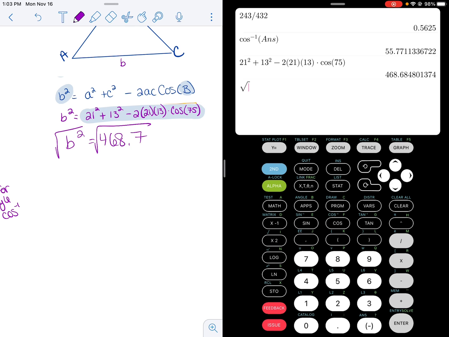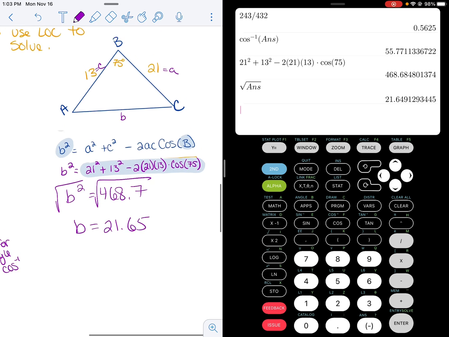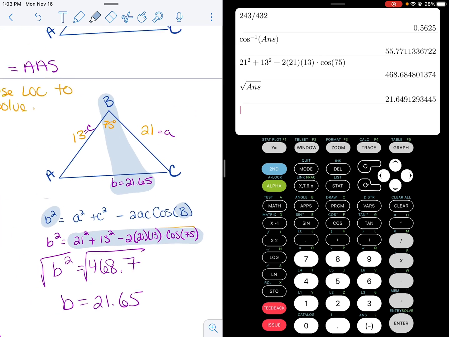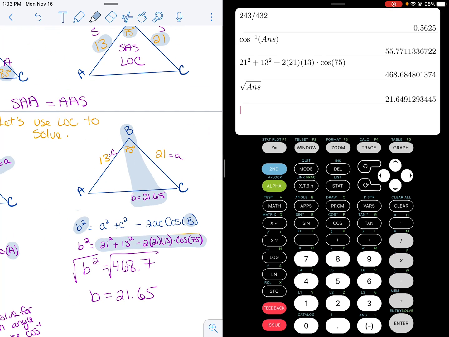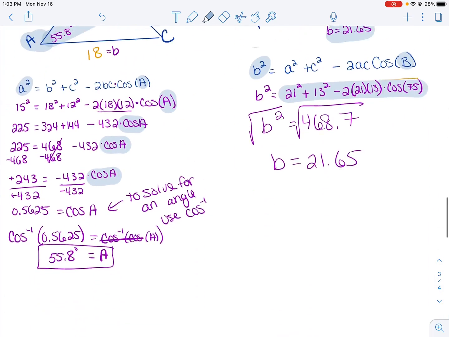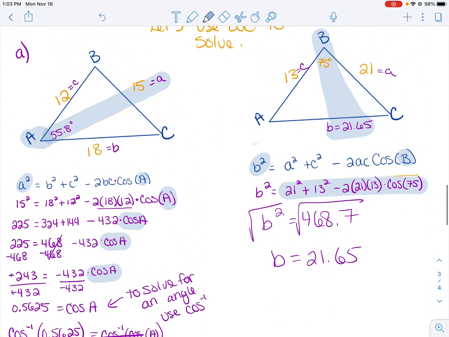And then to solve for b, I'm just taking the square root. So second square root, second answer. Again, I'm not retyping that number. Makes it more exact when you leave it in the answer. So b is equal to 21.65. Right, now you have a matching pair. So you might be able to use that to find angle A or angle C, or you can use law of cosines again. And you will end up solving the rest of your